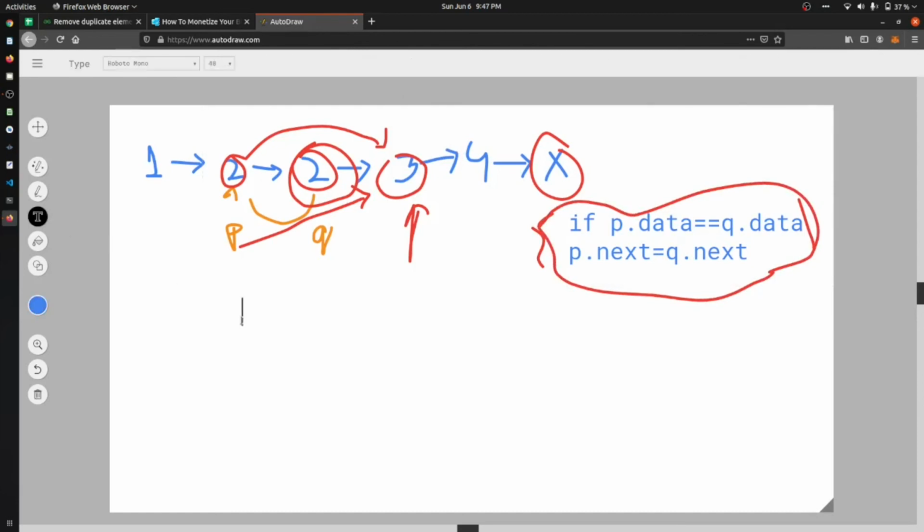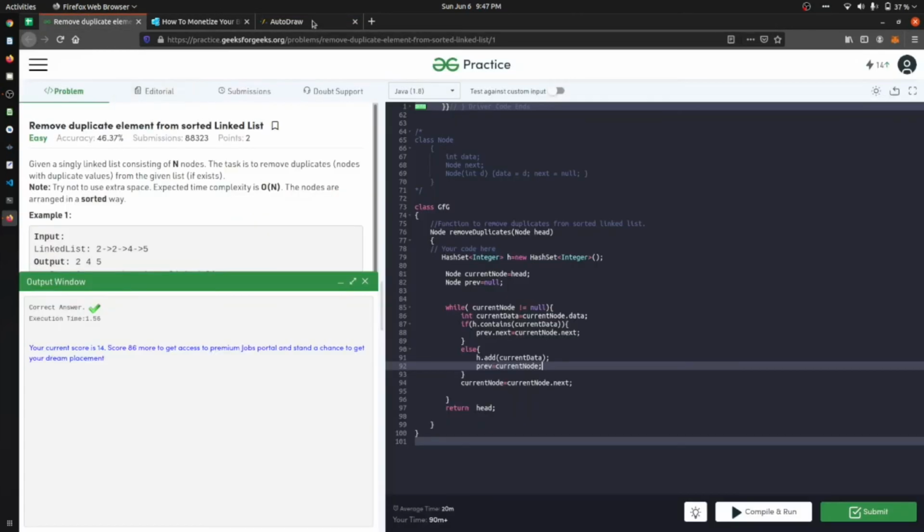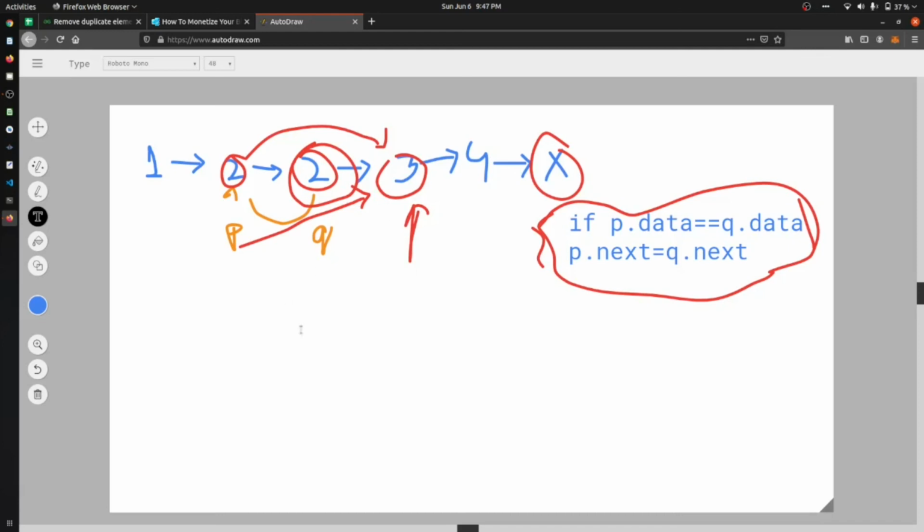I'm going to show you a pseudo code. I'm not going to type it here. I'm just going to show you this pseudo code and it will be present in the description below. What we will do is check that if p.next is not equal to null, then we can say that q is equal to p.next.